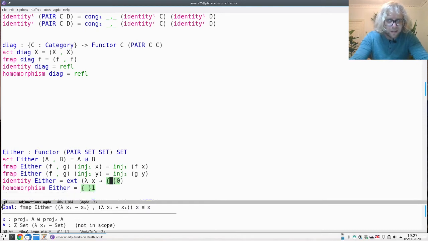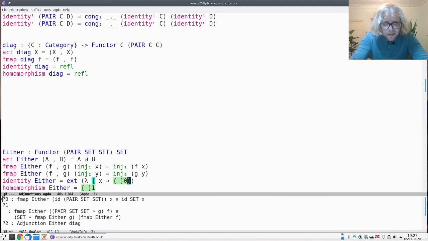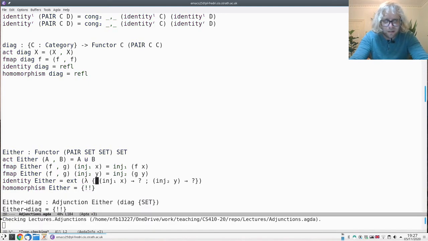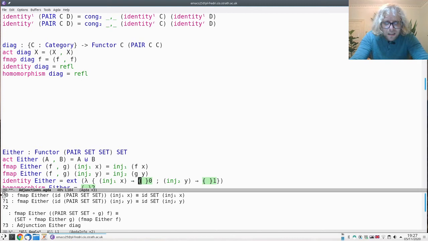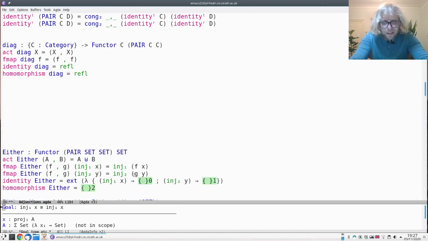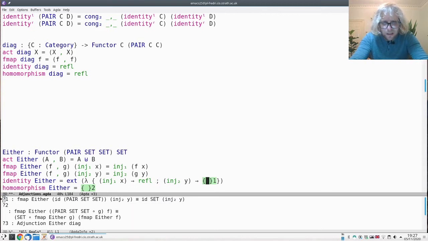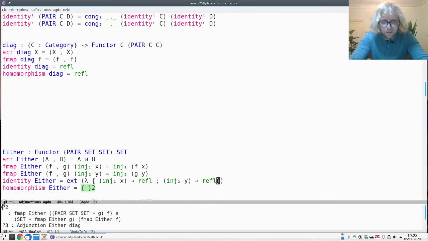Okay, now I want these things to be equal, and I see that the X here is of a sum type, so I would like to pattern match on it. I'm going to upgrade this to a pattern matching lambda, like that. And then I'm actually going to pattern match on the X, and that's going to make these things reduce. Right, so now that was true, and that was true. Okay, and similarly here,